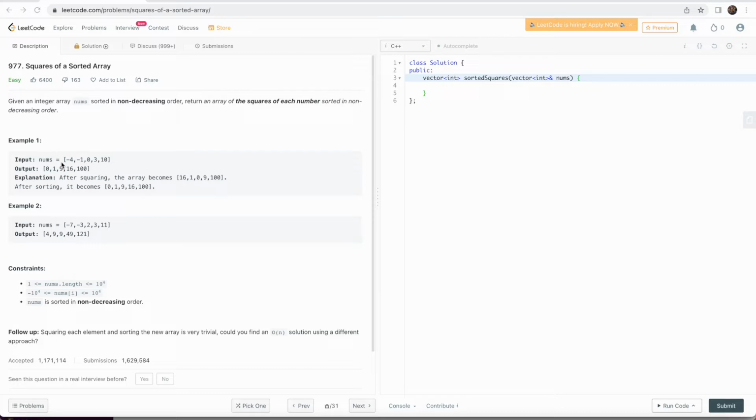So here it is not a normal array. It contains negative numbers as well as positive numbers, but the array is sorted. So that is the special case of this array, that it contains negative numbers as well but it is sorted. But the output array should be again sorted, right? Non-decreasing means increasing order. So here -4, -1, 0, 3 and 10, then output should be like 0, 1, 9, 16 and 100, because if we find the square of a negative number then it will become positive, and then